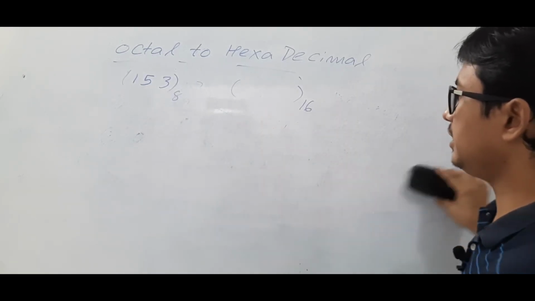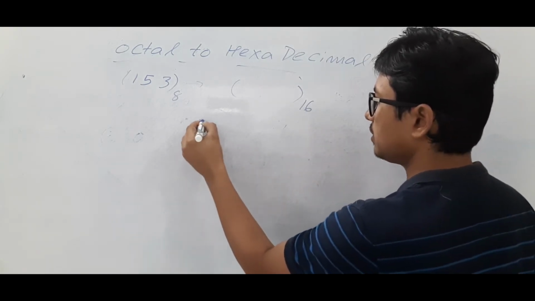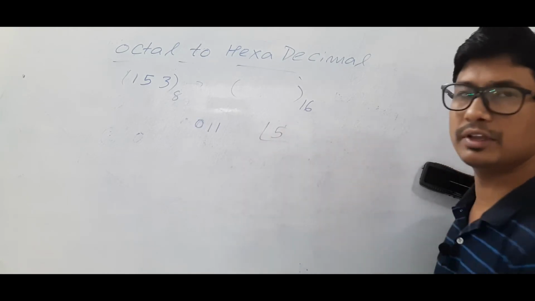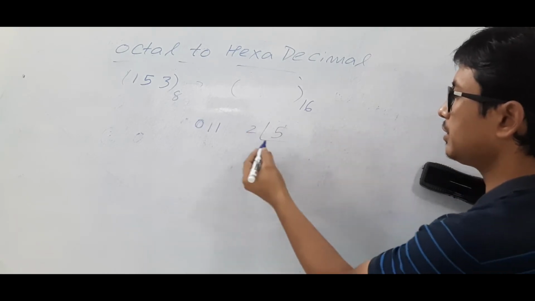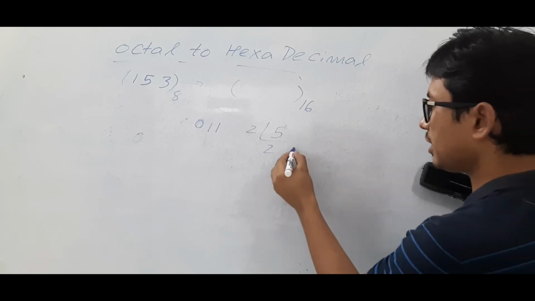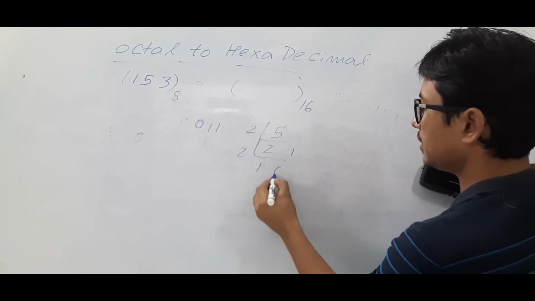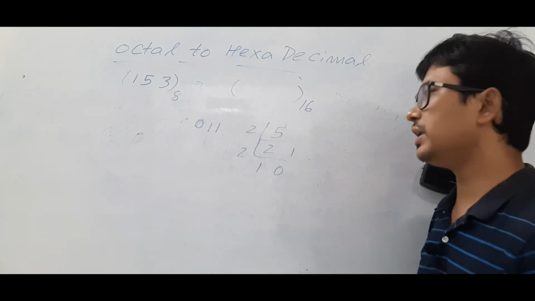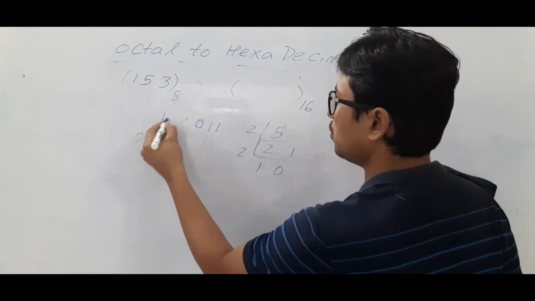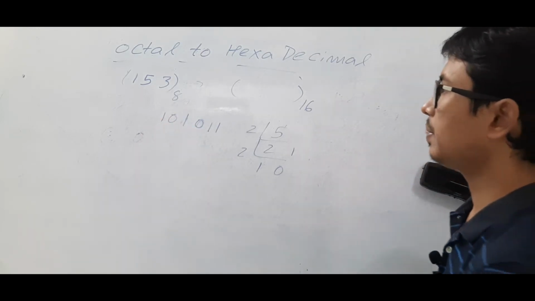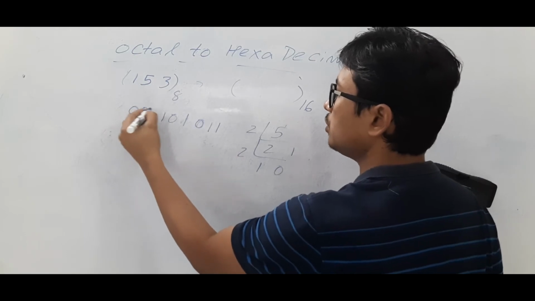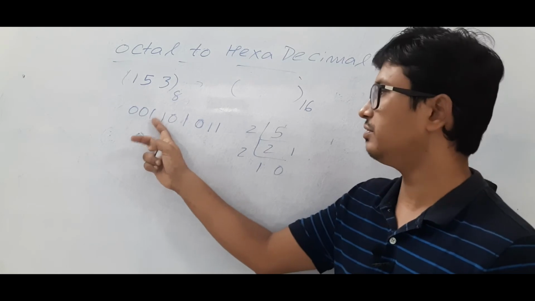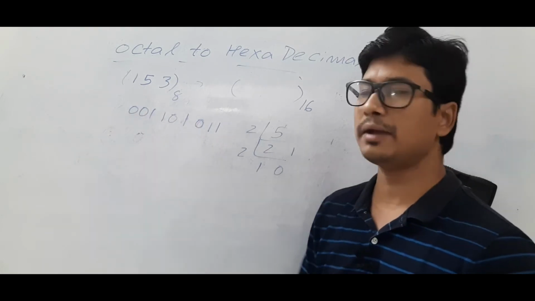So 3 can be represented as 0 1 1, and 5 can be represented as, if you convert 5 to binary, 2 twos are 4, and you will have a remainder 1, and 2 ones are 2, and you will get a remainder. So the quotient you will get is 1 and the remainder is 0. So 1 0 1. Okay, and then 1 is 0 0 1, because 1 is less than 2, so directly you will get the quotient itself, and the zeros you need to add because you need to represent